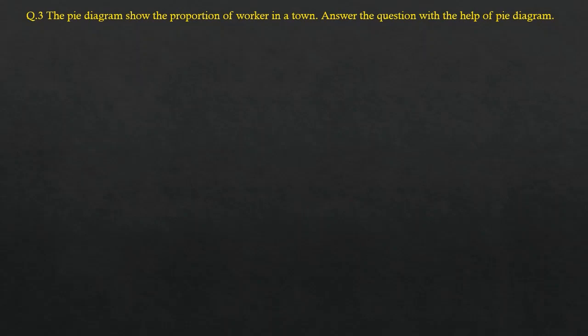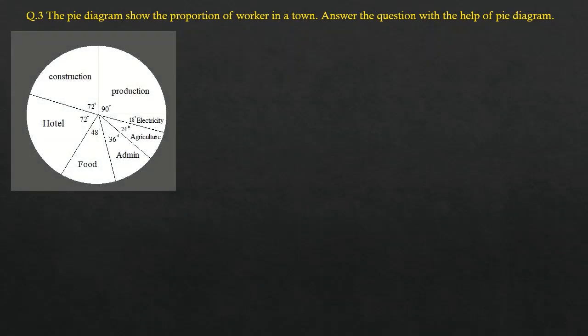Reading of pie diagram का मतलब ये होता है कि आपको pie diagram draw नहीं करना है, आपको पाई डायग्राम दिया होगा उसका हेल्प लेके कुछ क्वेश्चंस के आंसर फाइंड करना है. Like the first one, question number 3, the pie diagram shows the proportion of workers in a town. Answer the question with the help of the diagram. So the diagram is given, and in the different sectors given: construction, production, electricity, agriculture, administration, food, hotel,